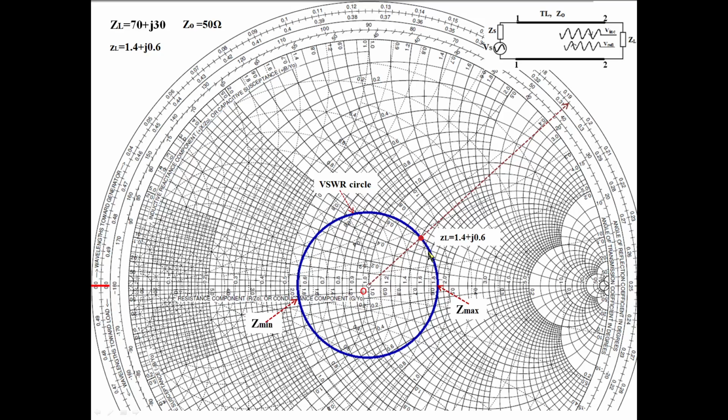See, I am moving on a transmission line. If I move exactly opposite, I can say this total distance is half of 0.5, that is 0.25 lambda, lambda by 4. This is lambda by 2. If you travel half the distance, lambda by 4, that is 0.25 lambda. So if you move to the opposite of this, we can say it is 0.25 lambda.